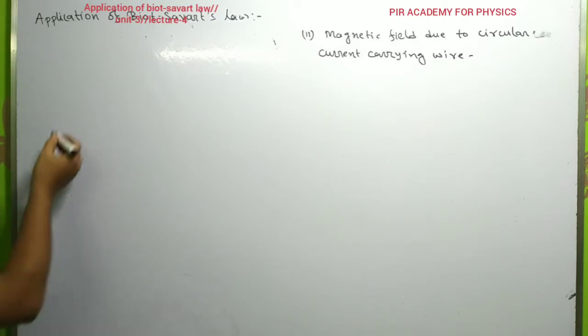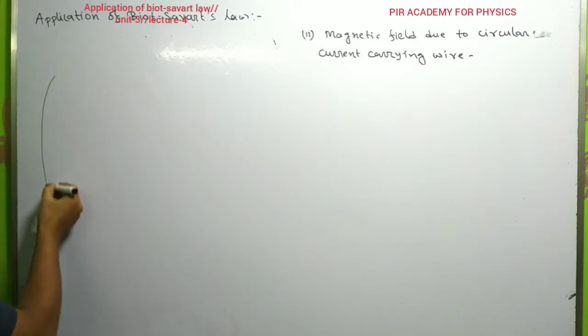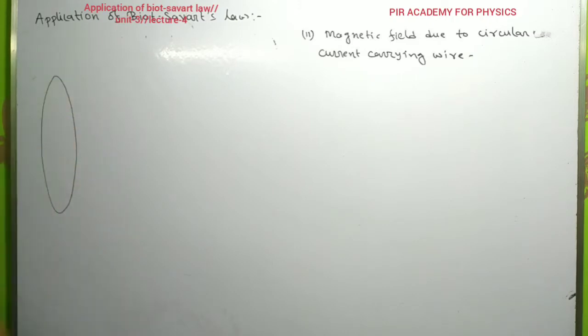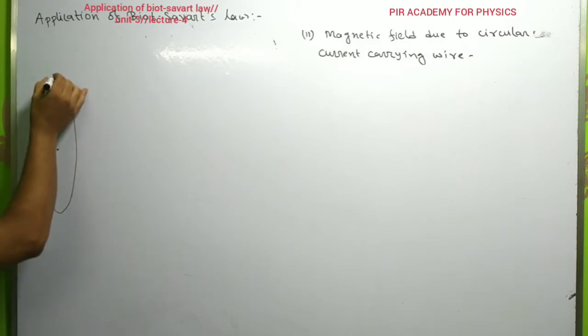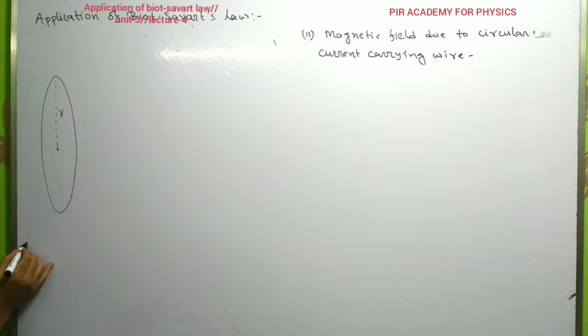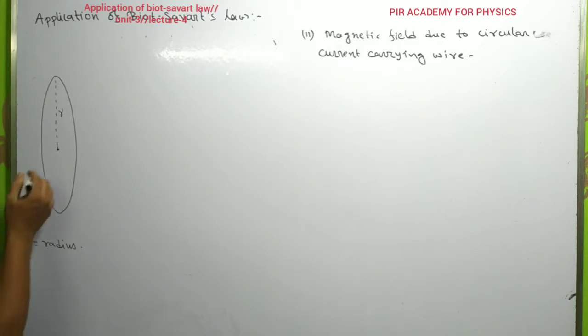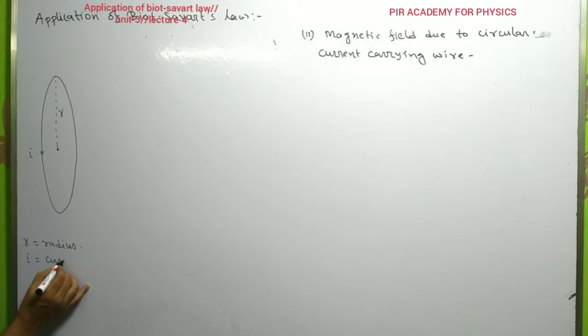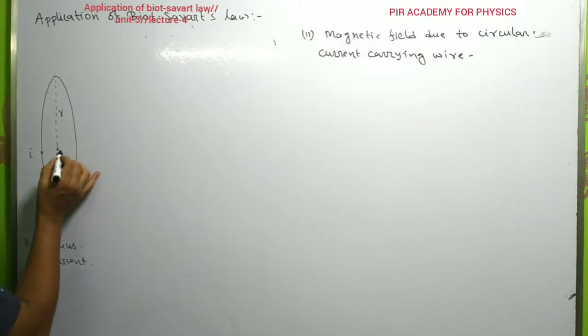Suppose this is a circular wire, and this is the center of this circular wire. The radius of this circular wire is r, and the current is I. So if you want to